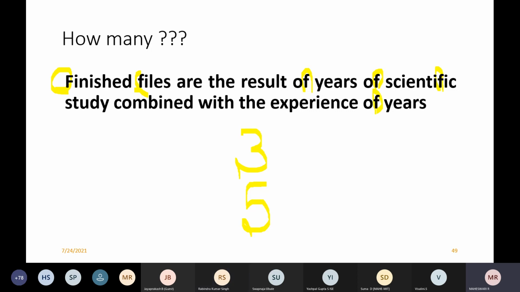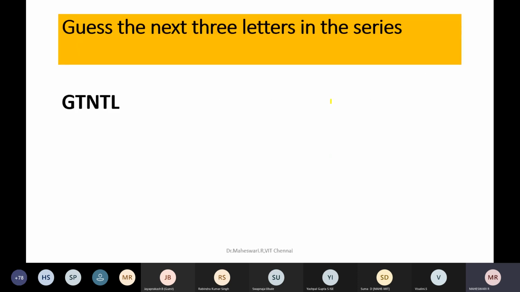Sometimes even when I read it first, I identified only 3, because I forgot to count this F, this O, F, F. So that is basic human nature. Yes, ma'am, even I did the same. So the correct answer is 6. Thank you so much for your response. Next, guess the next 3 letters in the series.